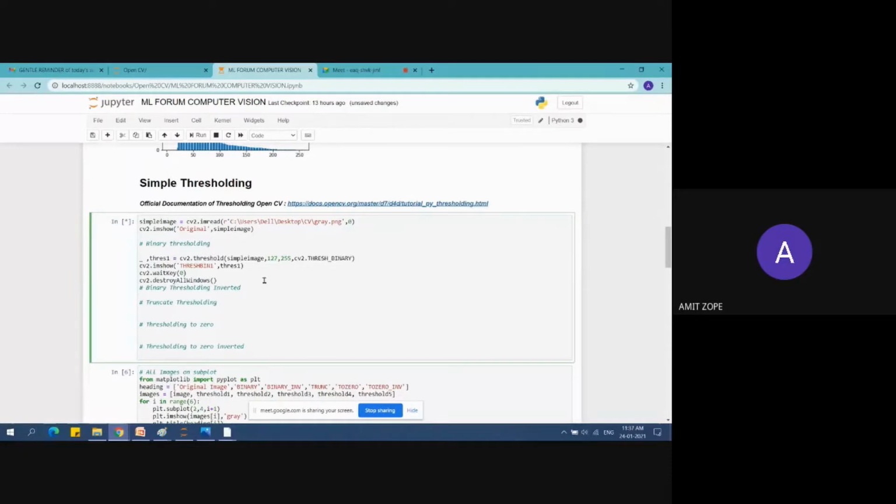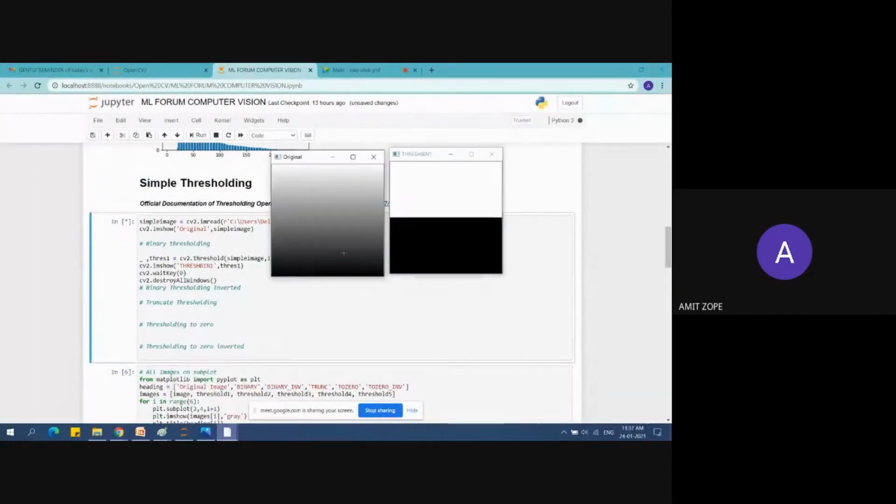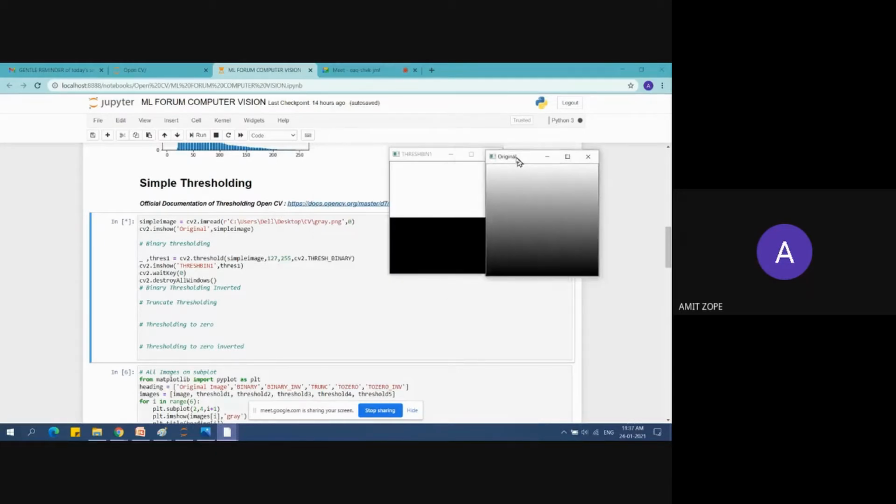So the next thing is just the reverse of this. This is nothing but the pixel values. In the original image, we can see that here the pixel values are close to zero, and from the half of the image, the pixel values go on towards 255.